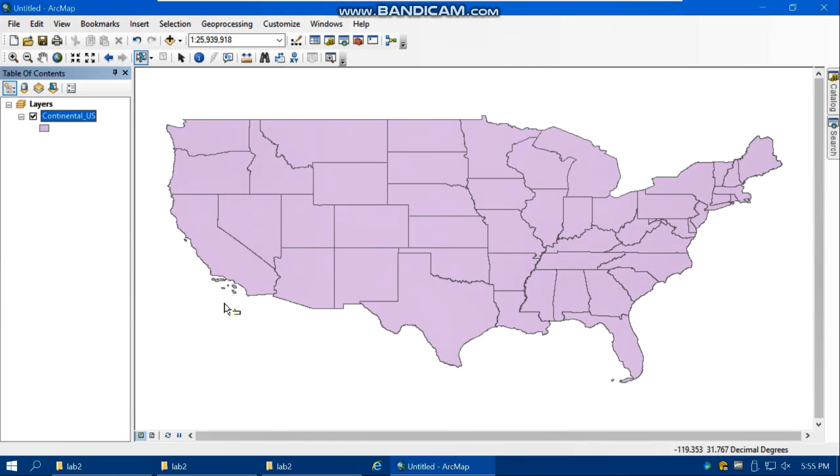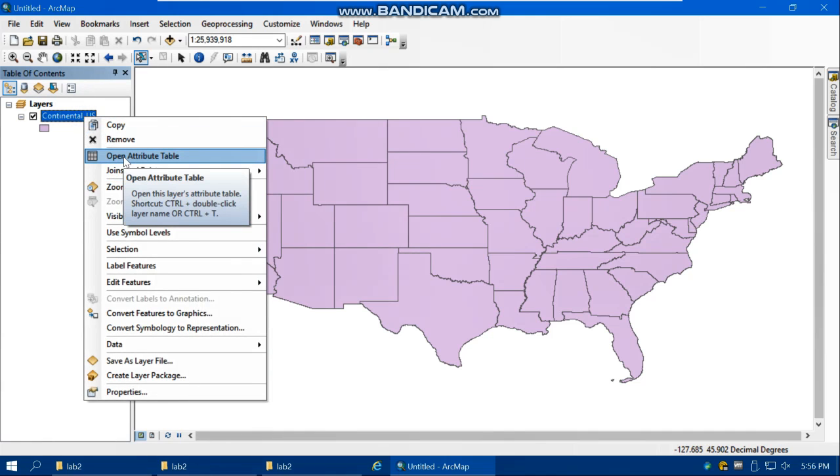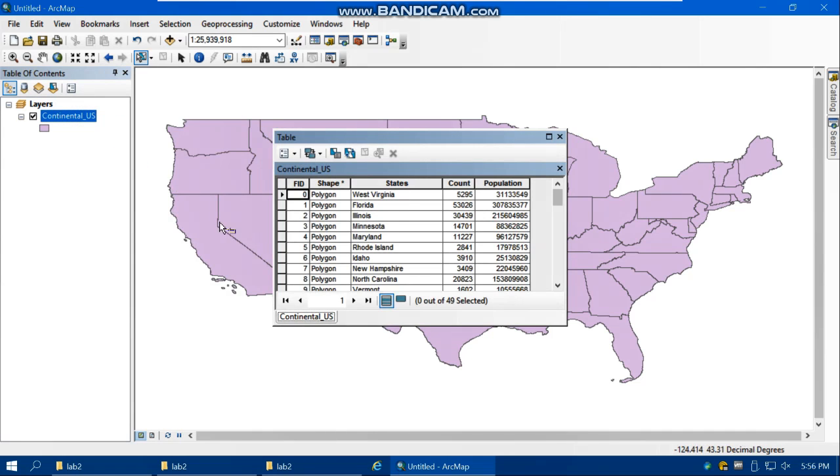This shapefile contains number of leukemia cancer for each state, as well as population of each state in the United States. The leukemia cancer data have been obtained from CDC Wonder website and then joined to the US administrative boundaries at the state level for further analysis. This map is a single color map and is not informative. In order to see information of the leukemia cancer and also population of the US, you need to open the attribute table of it. If you right click on the name of the continental US and then select open attribute table, here you can see that we have